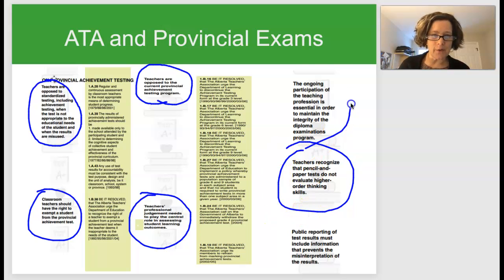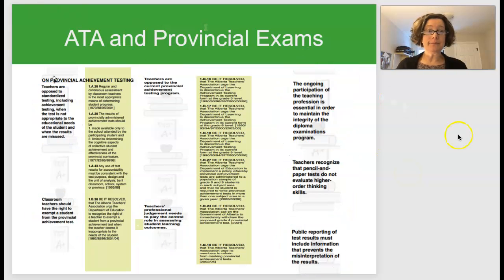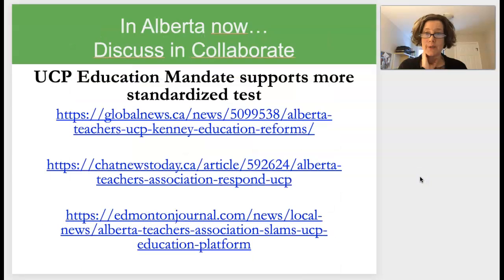And actually, I'll just read all of them. The ongoing participation of the teaching profession is essential in order to maintain the integrity of the diploma exams program, and public reporting of the test results must include information that prevents the misinterpretation of the results. Okay, so that's your ATA's look at provincial exams. So let's look at this one about the public reporting of test results. Okay, so